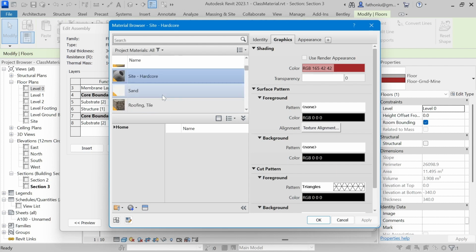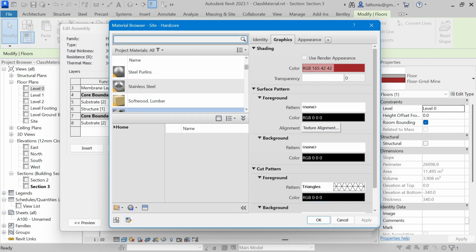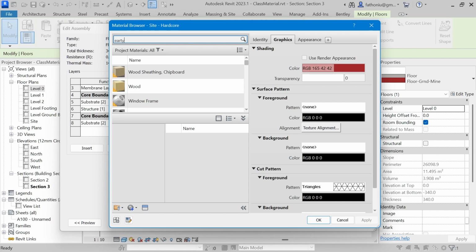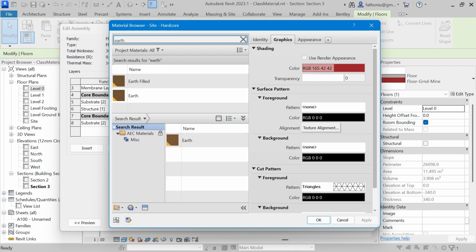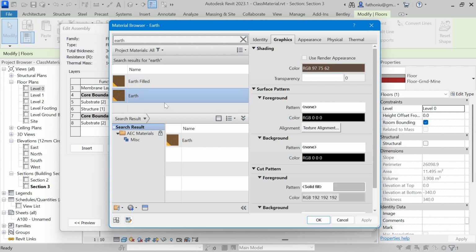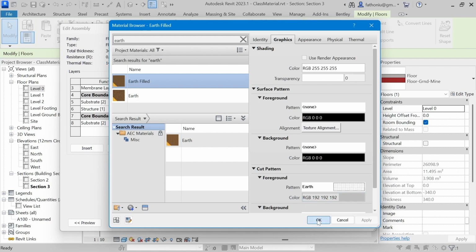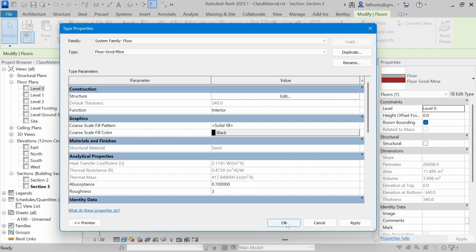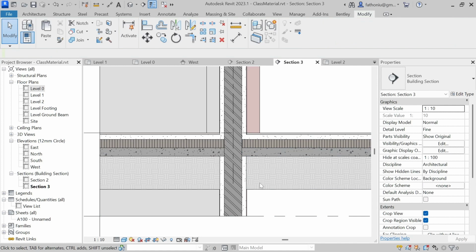Set hardcore, or you can select from the other. So anyway, let me return it back to earth. Fit, or you can change to here. Fit. This one. Okay, anyway,